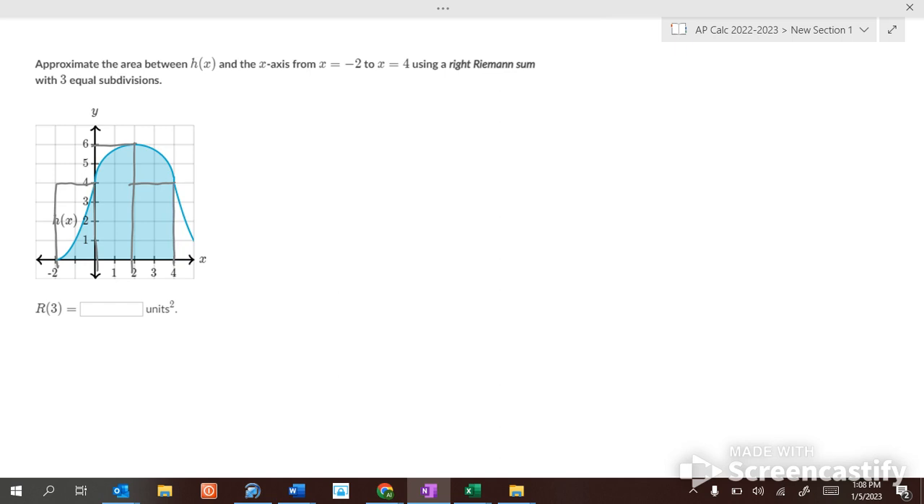Does everybody understand where I'm getting my rectangles from, the height of them? Yes. Yep, where the line hits the right side of a function. So this one is just 2 times 4, which is 8. This one's 2 times 6, which is 12. This is 2 times 4, which is 8. So it is 28 for the Riemann sum. Okay? So today you'll be estimating Riemann